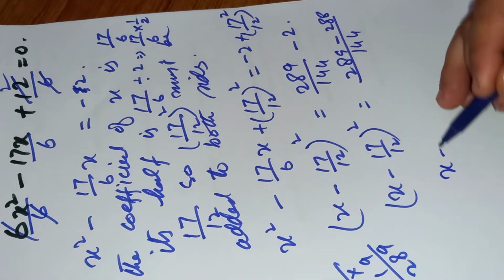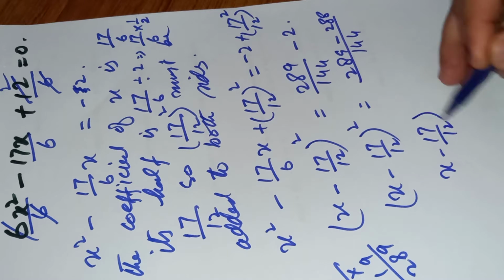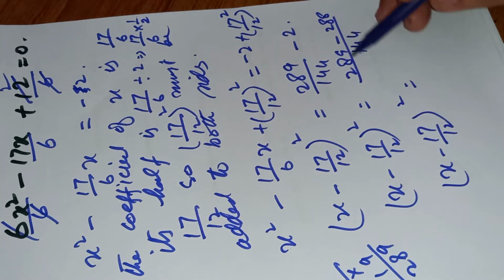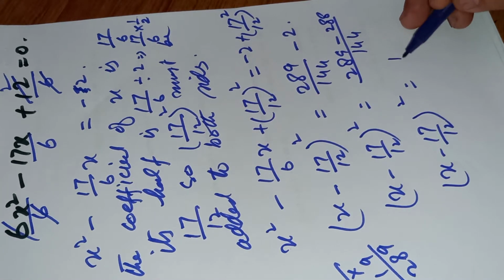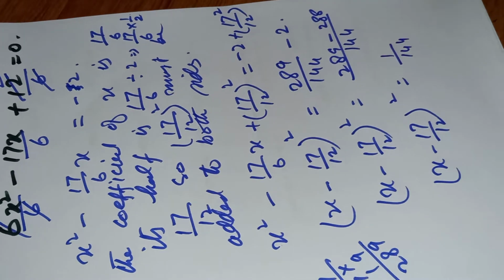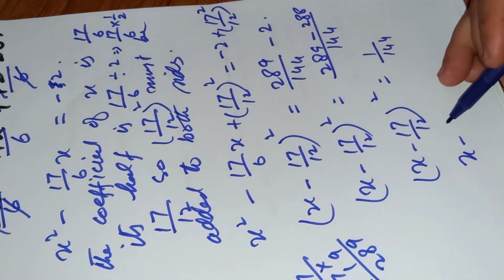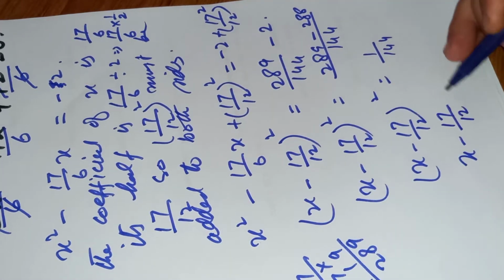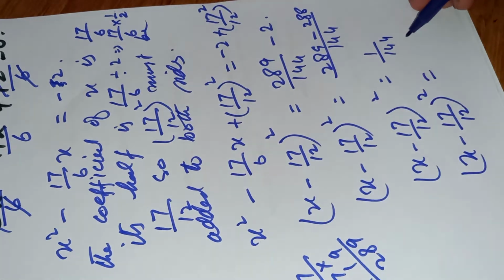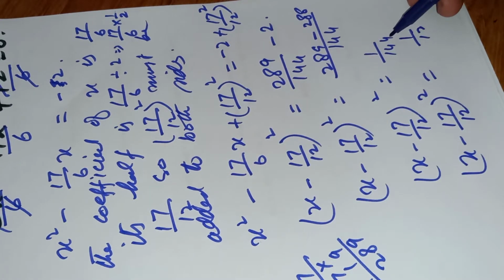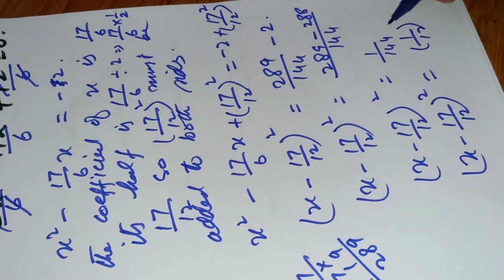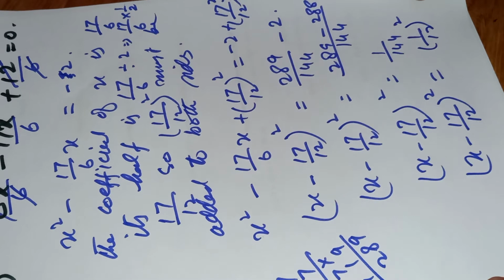So we will get rid. 289 minus 288 will become 1 by 144 and it is in square form. Let's write the other side also in square form. 12 twelves are 144 and 1 ones are 1. Okay, so the next one